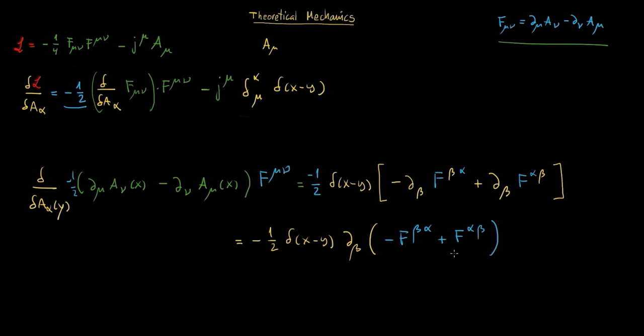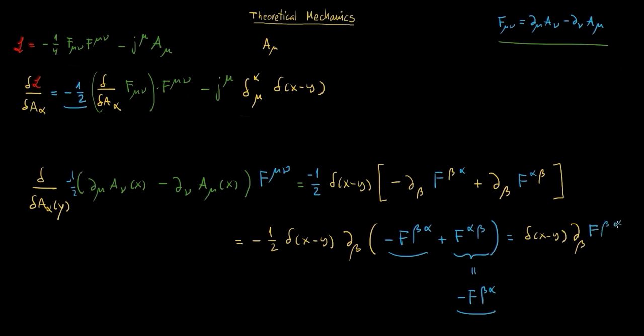But remembering that the F tensor is antisymmetric, this is equal to minus F beta alpha. Then we can add them, and we will have this term twice that will cancel out the 1/2, and this minus also. So we will have delta x minus y partial beta F